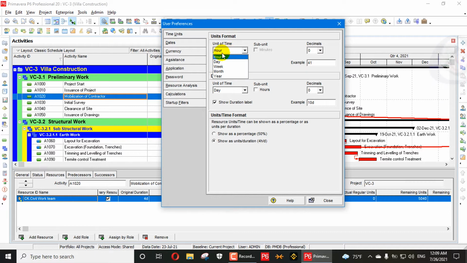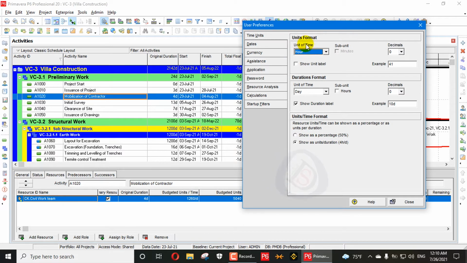When you use hour, day, week, month, year, we will use a minimum of hour or day to calculate our time. For example, a worker works for 8 hours a day. A worker can work 1 hour a day, but in a day there are 24 hours. So the least unit we use for a man day is 8 hours. In Primavera P6 we always use hours to measure units of time. So we will choose the unit here as hour.